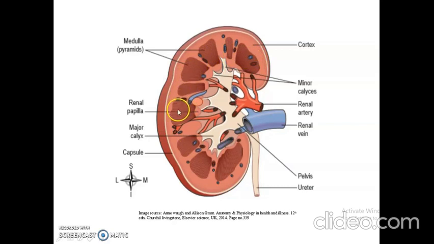The function of these tube-like structures is to collect the urine that is formed in the nephrons, the structural and functional units of the kidney. From the number of collecting ducts, urine passes towards the renal papilla. From the renal papilla, urine enters the minor calyces, then the major calyces, and finally the ureter, towards the urinary bladder. This is about the gross structure and the functions of the different parts and the important structures that enter the kidney.